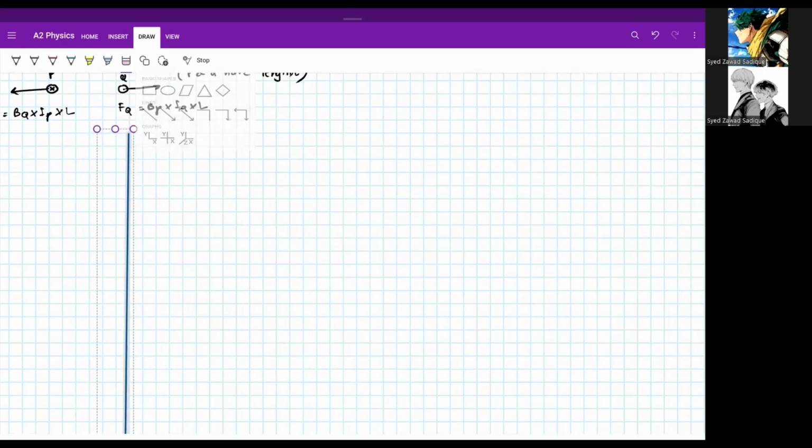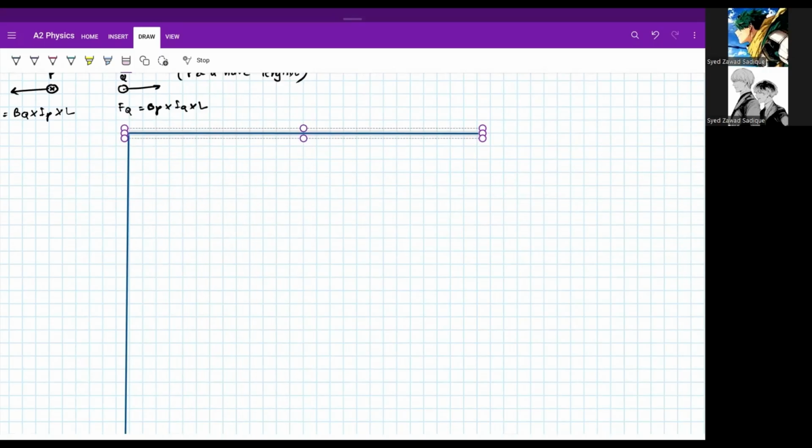And another line for this side. Okay, I'll label it